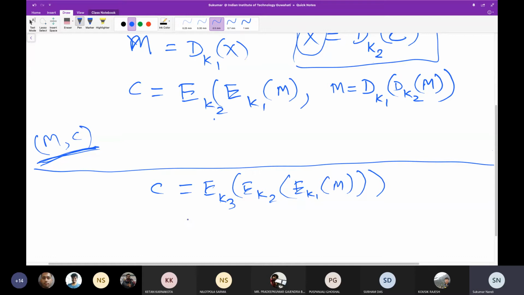This is not triple DES. Triple DES actually came up with a slightly different concept to keep it. This can also be called triple DES, but it came up with a slightly different concept. I am erasing. Sorry, I have done the erasing wrong. Okay, I will write it again.